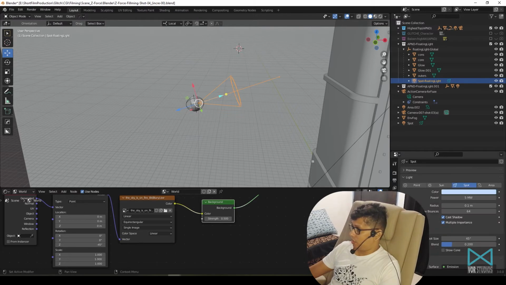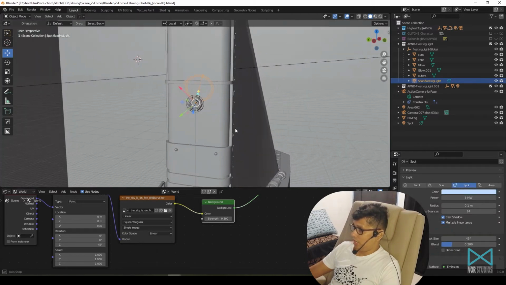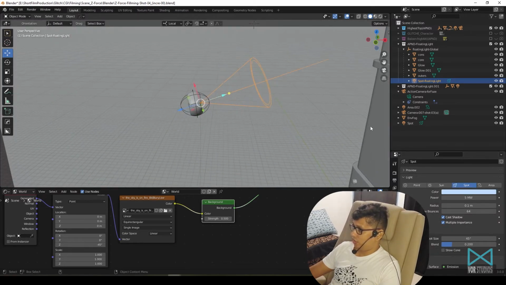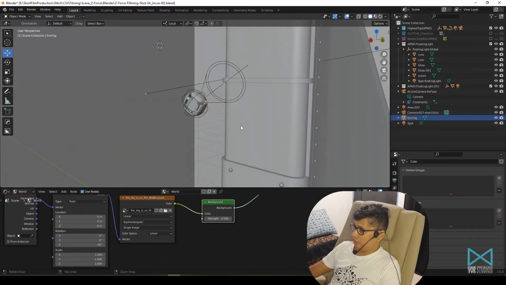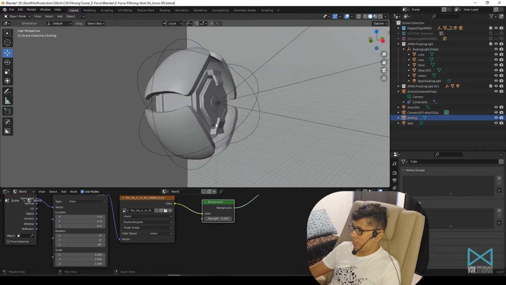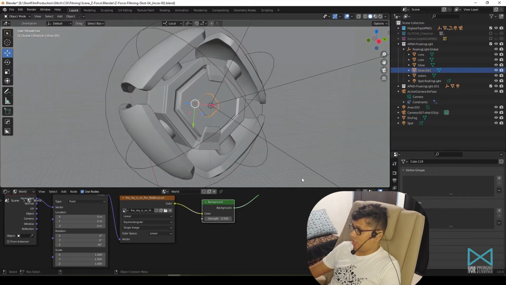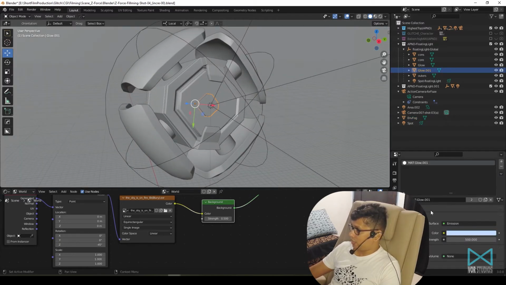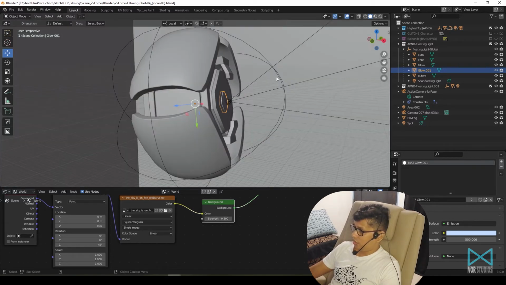This is the base light that I used to make that volumetric effect with the environment fog. And in here, I have assigned an emission shader to this object, and so basically